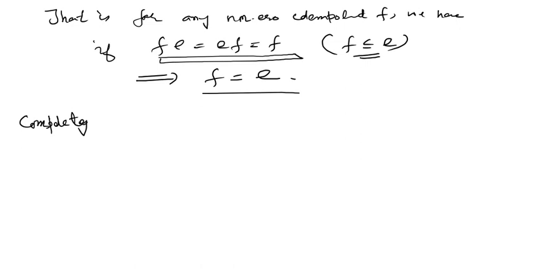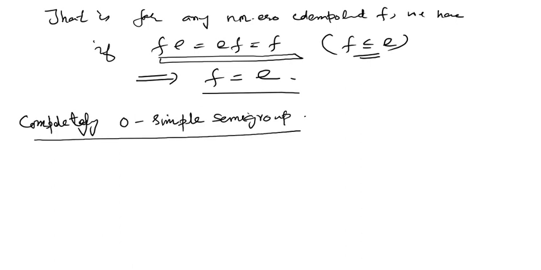Completely zero simple semigroup. जीरो सिंपल मतलब यह है कि जिसके दो ही आइडियल्स हो, जीरो और S होल S, ओके। कंप्लीटली जीरो सिंपल सेमीग्रुप। अब कंप्लीटली यहाँ पर टर्म यूज इसने की है। A semigroup will be called completely zero simple